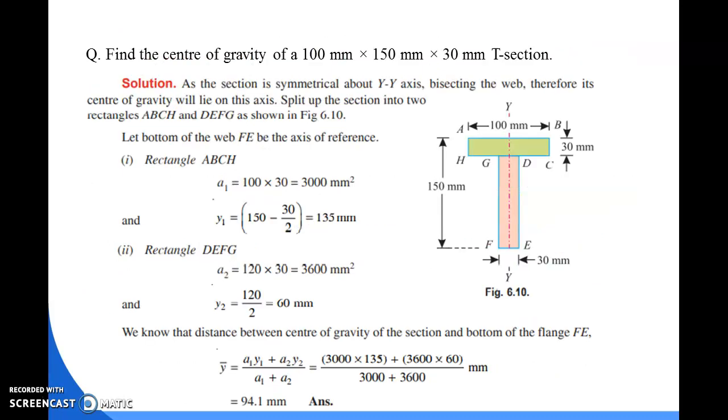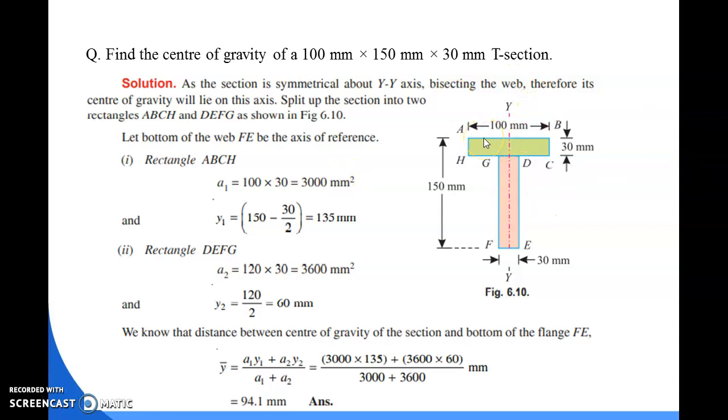So now we have a problem. There is a T section given in this question, and the dimension of this T section is 100 mm into 150 mm into 30 mm, and we have to find out the center of gravity of this T section. So you can see in this figure